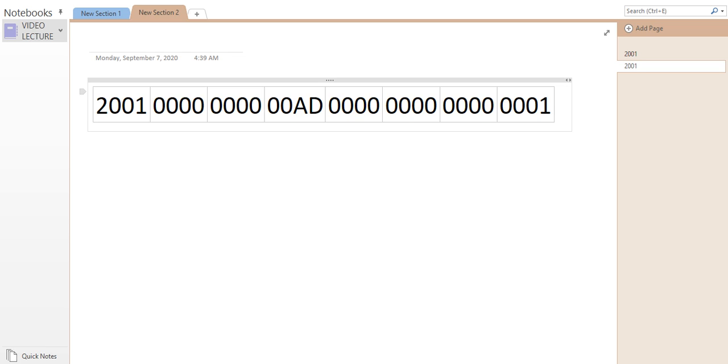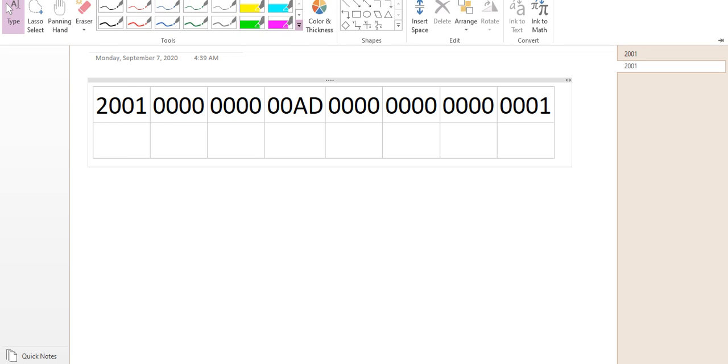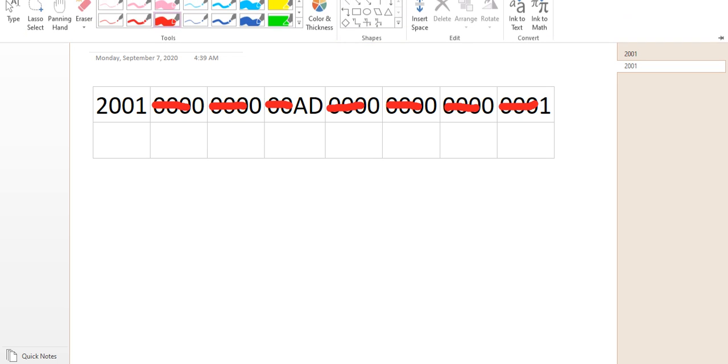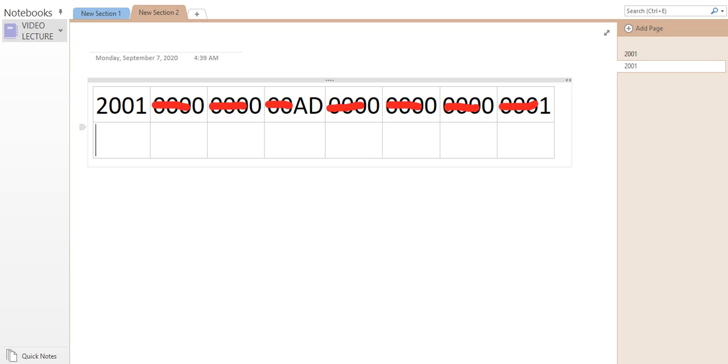So now we have to reduce this address. Now we can use this option. First, omit all leading zeros. Get rid of them. All leading zeros out. You can see that I have to get all these leading zeros out in order for me to be able to reduce my address down to a short address. All leading zeros should go out. So now if I get rid of all those leading zeros, I have 2001 colon 0 colon 0 colon AD